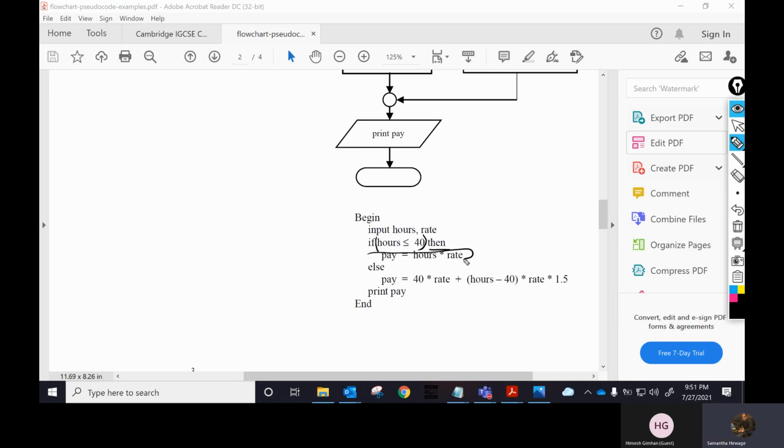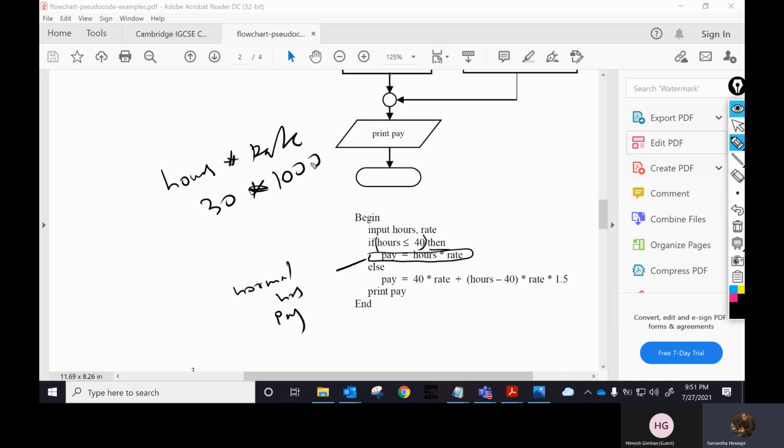What is this for? Normal hours. Normal hours payment, very simple: number of hours into rate. For example, if it is 30 hours and the rate is 1000, it is 30000. Else